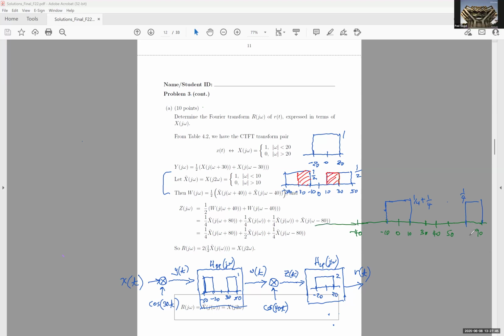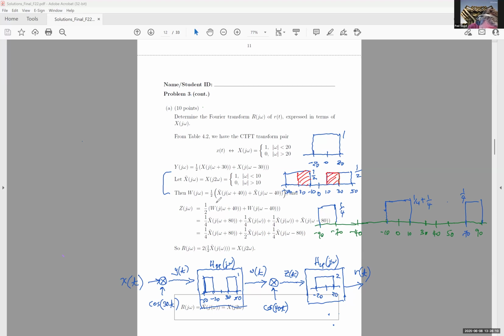This was from 70 to 90. This will be from minus 70 to minus 90. And it'll be by 1/4. Okay, so